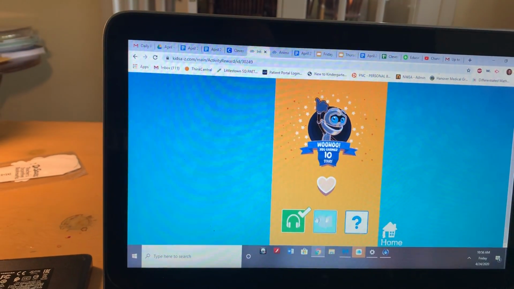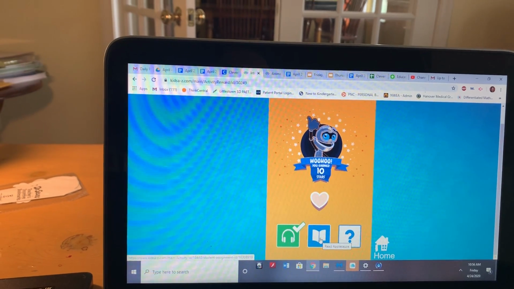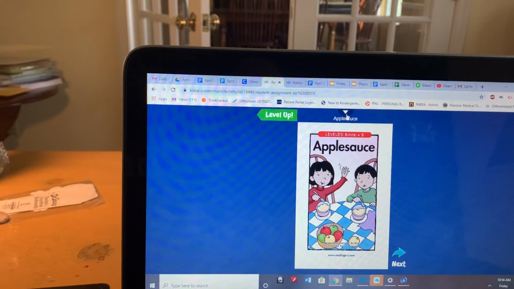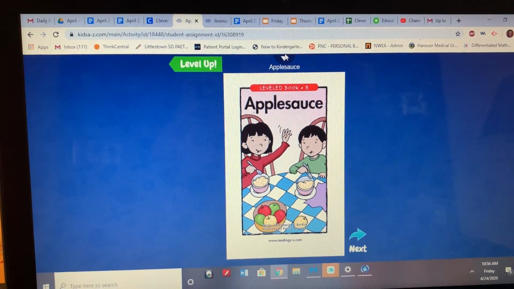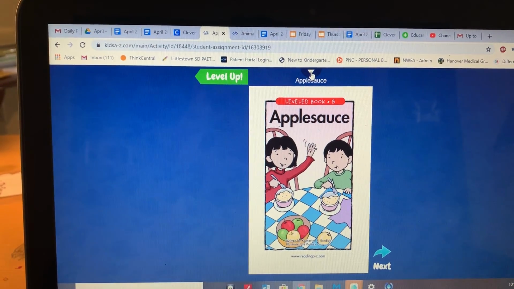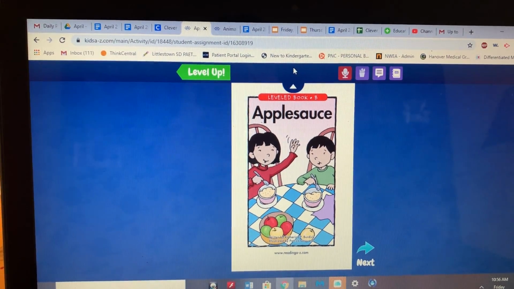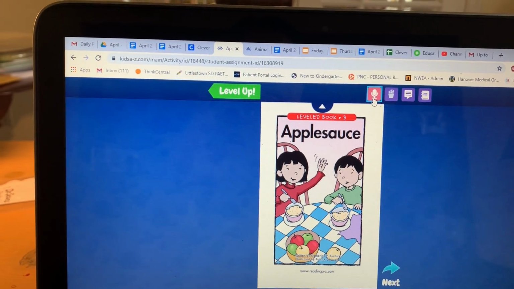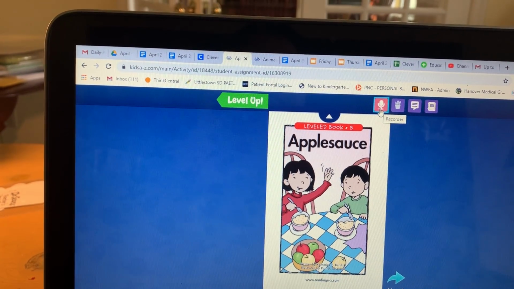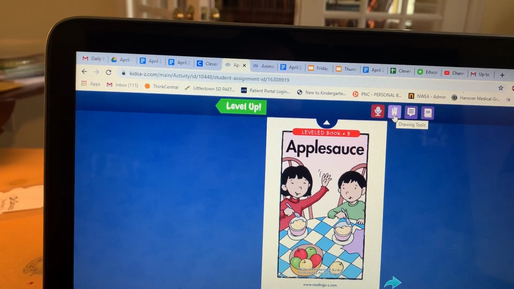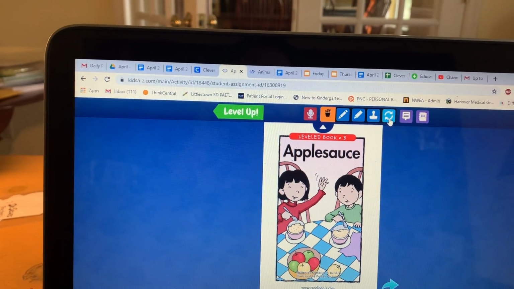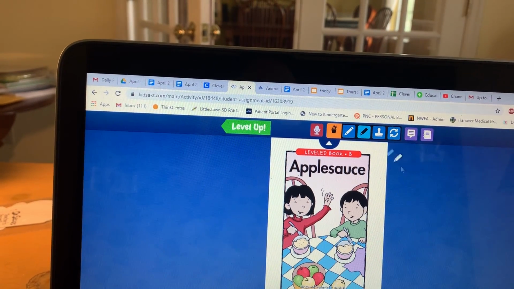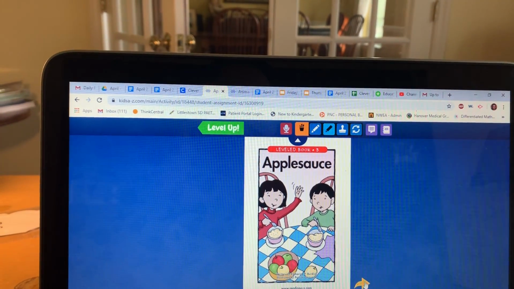So your next choice is to read the book. So we click on read, and do you see this little arrow? This was the new thing I learned today. And I think it's different things in different computers. I couldn't see it, but there are different things your child can do. Your child can record a video, and there's drawing tools, and I'll show you what they can do with those. So here's a highlighter. So I picked that. And what your child could do when they're reading,